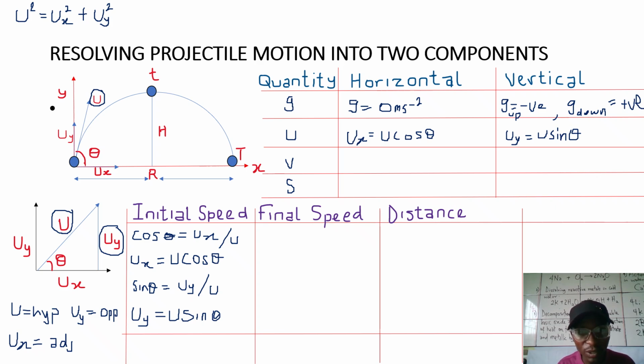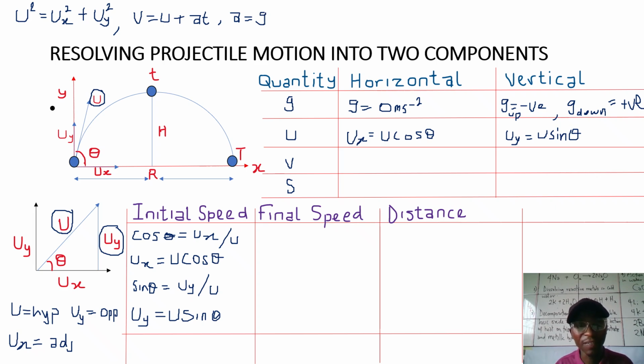So the next quantity we shall be looking at is the final speed at which the body is moving. For the final speed, we have to adopt the first equation of motion that says V equals U plus AT. We need to take note here that since we are talking about a body that is launched in air, our A now will become G, because any object that is covering vertical motion is affected by acceleration due to